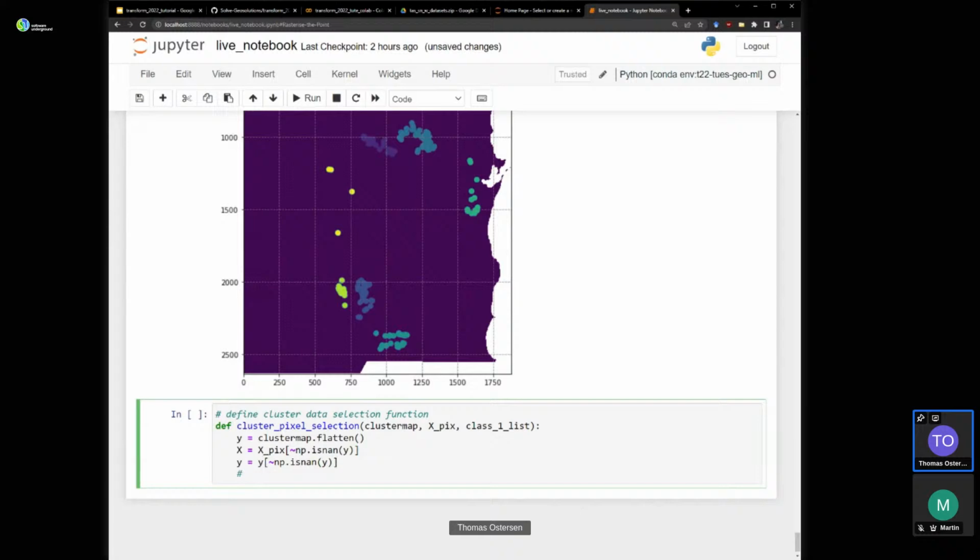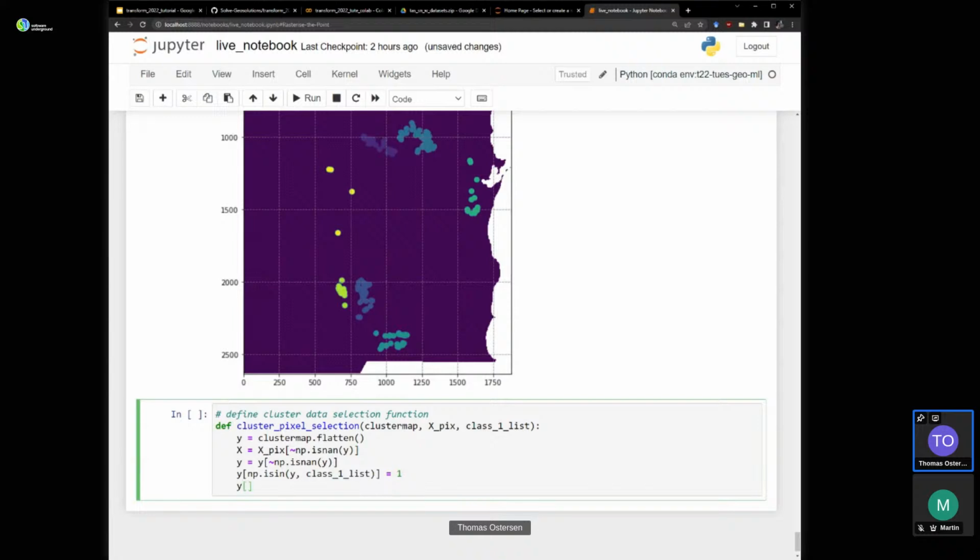Next step is to rename pixels in this y array that are in our class of interest. So to do that, we go y, np.isin, y class 1 list, equals 1. So any classes that we pass in this list get converted to 1.